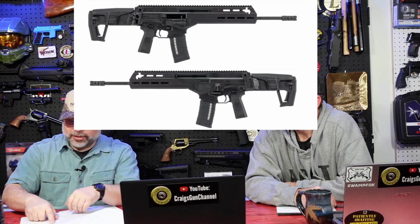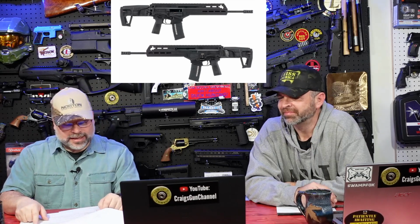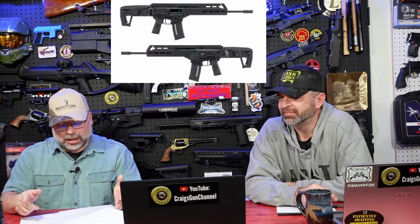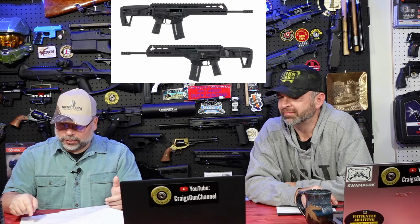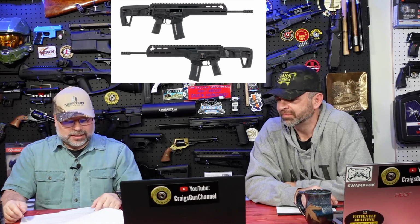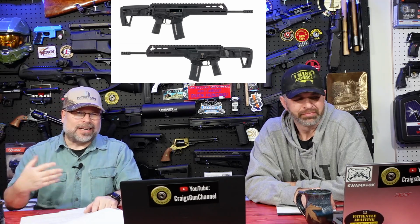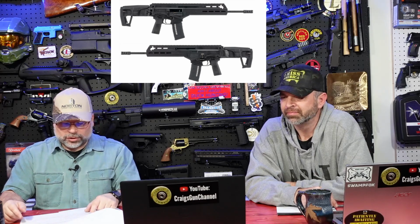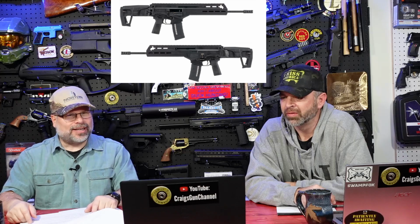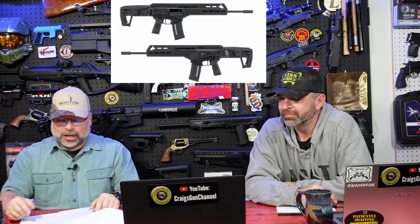According to their write-up here, it's made from superior steel, aviation-grade aluminum, and high-strength impact modified polymers. Locking rotating bolt system, fully ambidextrous, can be easily customized with M-LOK rails at the 3, 6, and 9 positions. Short-stroke gas piston, 2-position gas regulator, so it's for regular or suppressed use. Cold hammer forged, chrome-lined, free-floating barrel. Hard anodized monolithic aluminum mil-standard rail, M-LOK accessory rails,